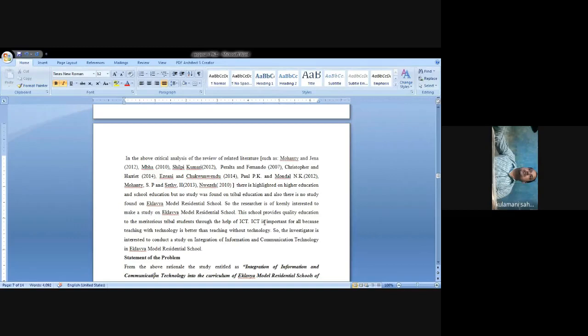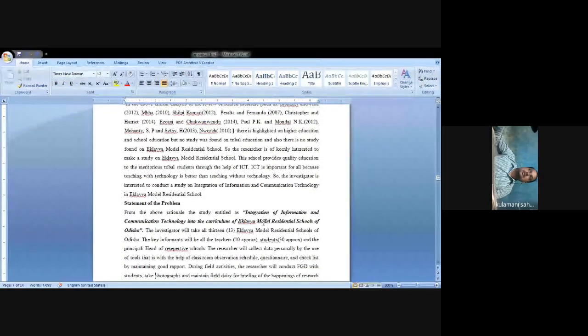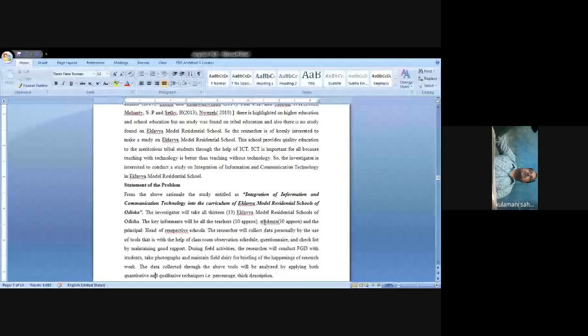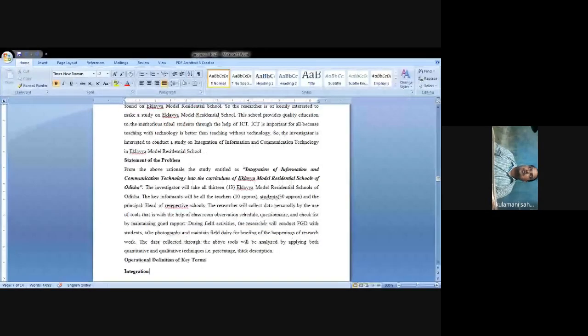After rationale, now there is the statement of the problem. Let's see how it is stated. From the above rationale of the study entitled, now the topic is entitled as such. Now here, let's have a look. The investigator will take all 13 schools. From this statement, my research work will be totally clarified. Where I am going to do my research work, it means the research site, how many students are to be involved, the sample size,